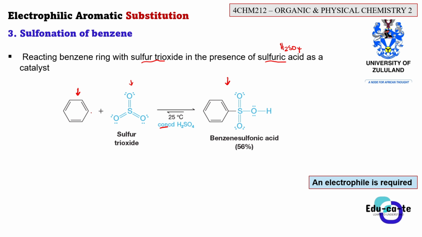Remember that each and every benzene ring has 6 hydrogens surrounding it. Each and every carbon has a hydrogen, but we are only going to write 1 hydrogen to indicate it. So in this particular reaction, we want to replace this hydrogen with this SO3 group, and we want to see how that happens. How do we end up having this benzene sulfonic acid? How do we replace it? Please make sure that you understand what's happening here.